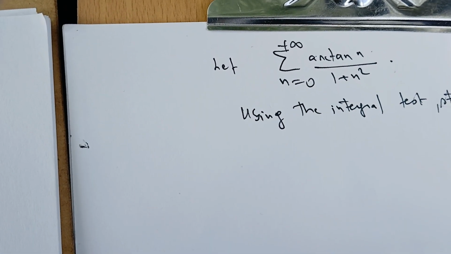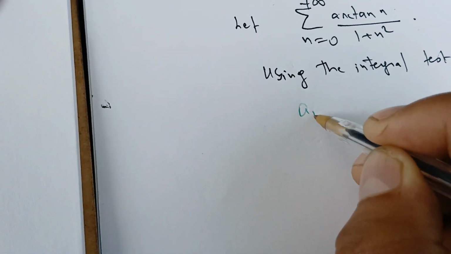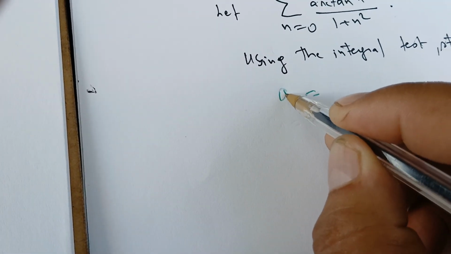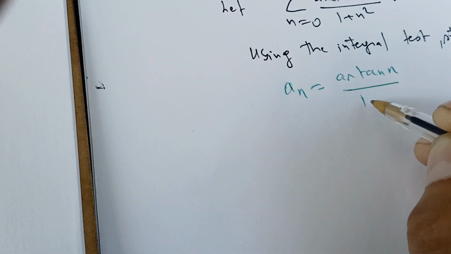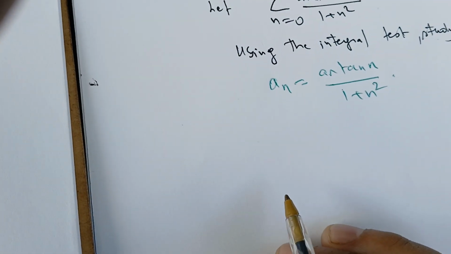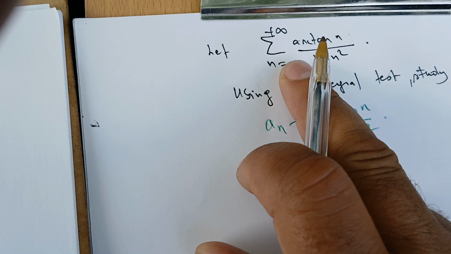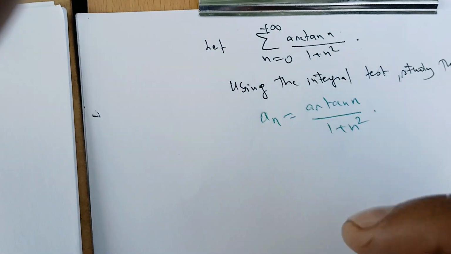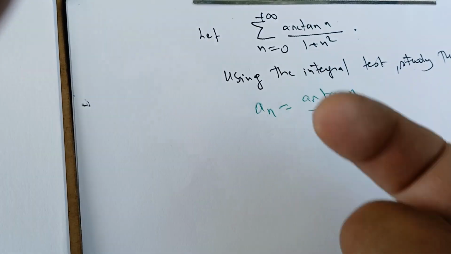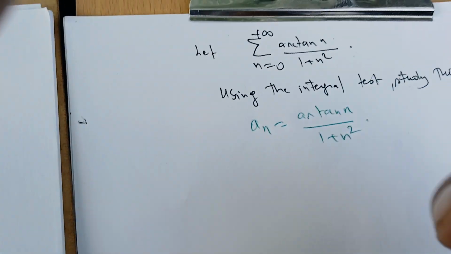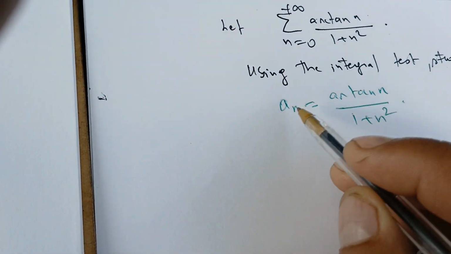The first thing that we need to see is that we can let a_n, the general term of this sequence, be arctangent n over 1 plus n squared. So when n is 0, we have 0. Starting from 0 or 1 doesn't matter, because a finite number of terms won't affect the convergence of the series. So our aim now is to see that